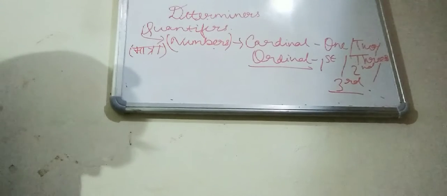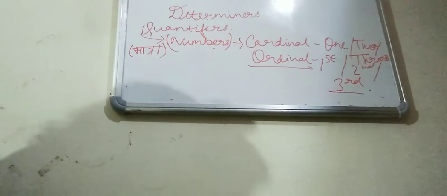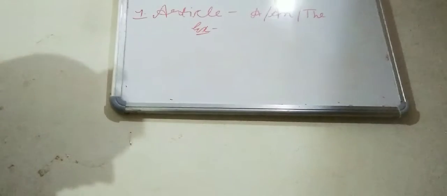So now let's move ahead. We have done all the types of determiners. Now we will just learn briefly about these types. So what I have told, the first type is articles. Let's understand about this. A, an, and the. We should take an example for this. The example for articles is: a boy is walking on the bridge.